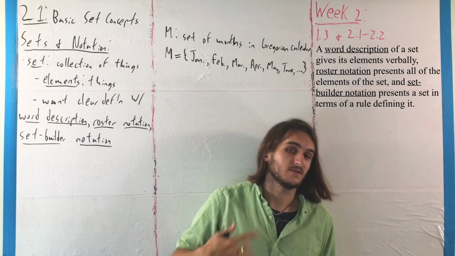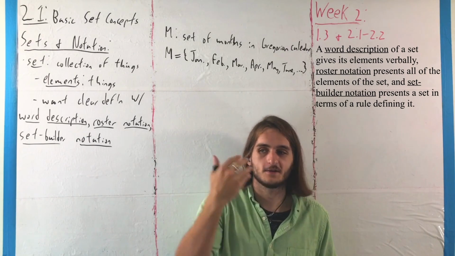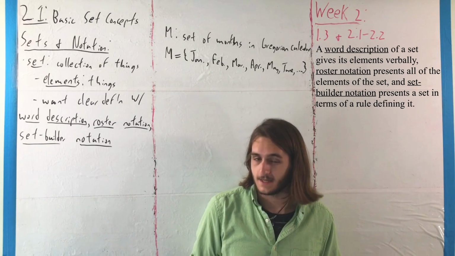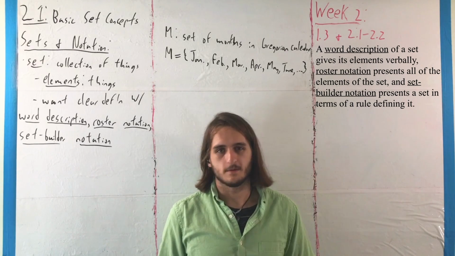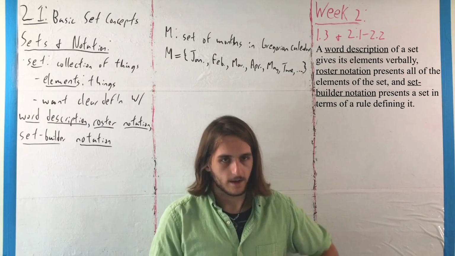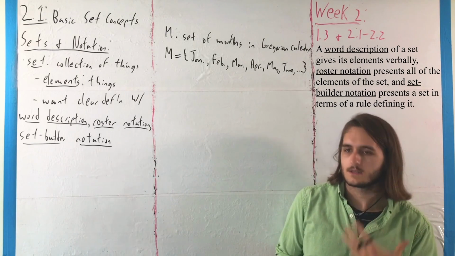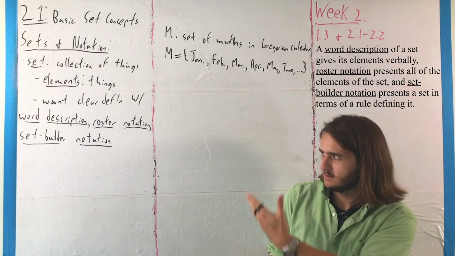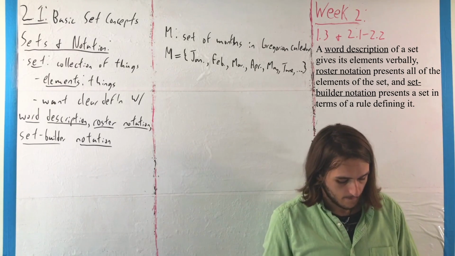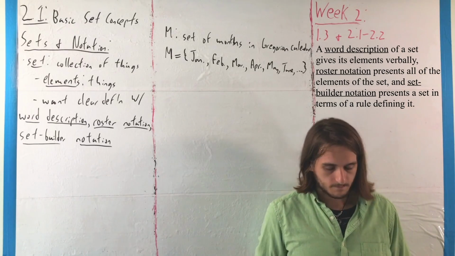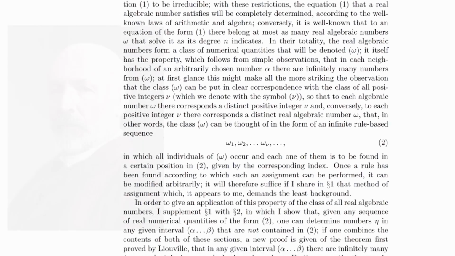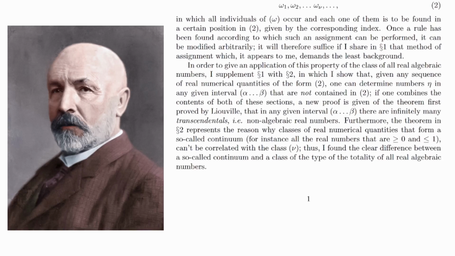We're going to talk about it later with ideas of infinite sets, but if you wanted to describe every single thing in an infinite group of things, you'd run out of time before the set does. And this is the sort of problem that people ran into when they were first defining the idea of set theory, where, again, talking about things in terms of collections, that's pretty ancient because its necessity should make sense in a mathematical context to be able to specifically describe things, but the specific idea here comes from the paper on a property of the collection of all real algebraic numbers by George Cantor in 1874,